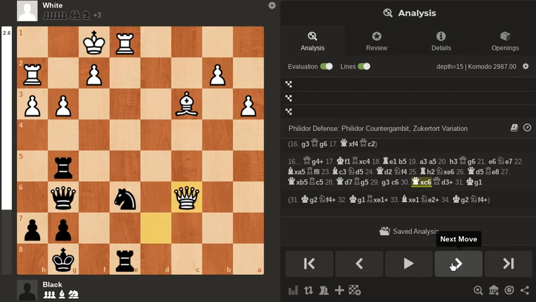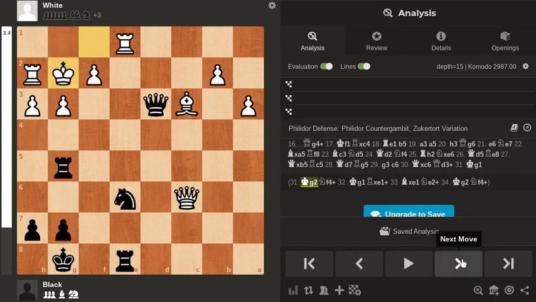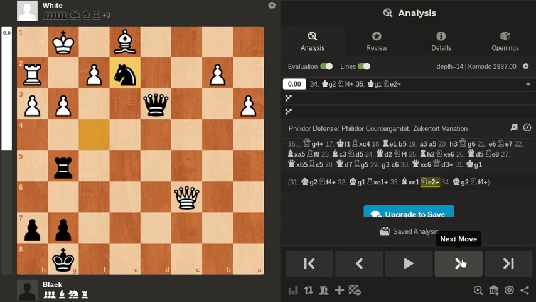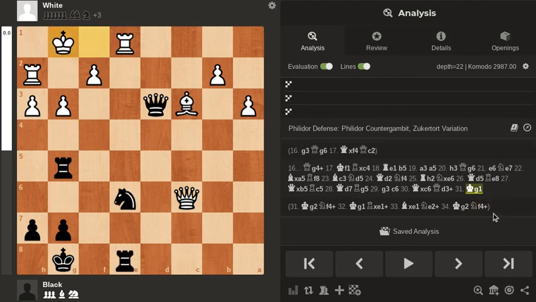And c6 is just a blunder. Here I checked, and well, king g1 is the only move. If you play king g2, then this is no longer winning for white. After knight f4 check, you have a perpetual, and you have to go back to g1, otherwise you get mated. So yeah, my opponent played king g1, and